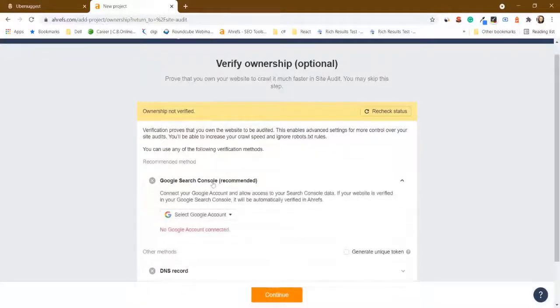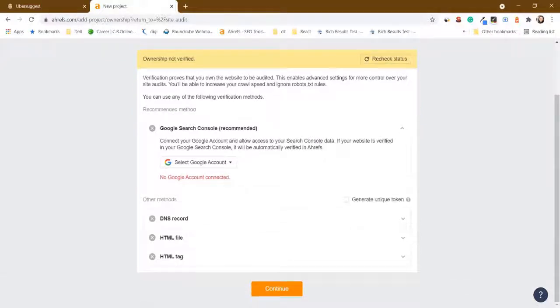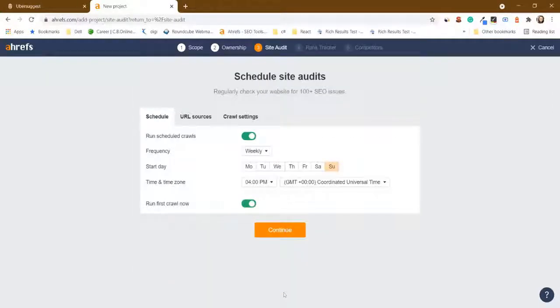So you need to enable Google Search Console over here. Once you add the Google Search Console, you just click on continue, or even if you don't have it, it's okay, just click on continue. Now in this part of the Ahrefs site audit, you need to schedule how regularly you want to do the site audit.